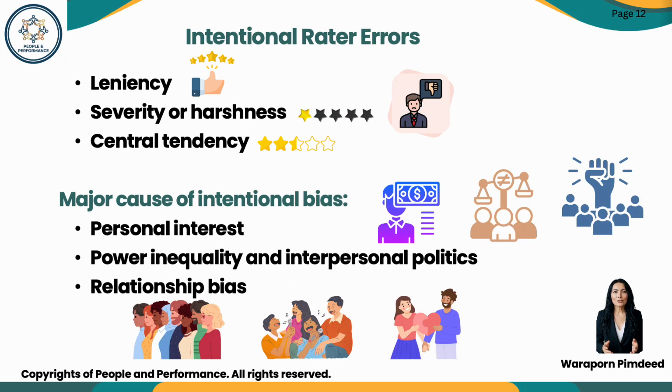Intentional bias occurs when raters consciously distort ratings. This may happen to avoid conflict, protect relationships, reward loyalty, obtain resources, or meet organizational constraints. These distortions undermine trust and system credibility, whether supervisors, peers, subordinates, or the self-assessment are used as a tool for furthering their perceived personal interests or interpersonal politics within the organization. Leniency bias reflects a manager's kindness in rating to avoid interpersonal conflict or to attract more resources to their unit.